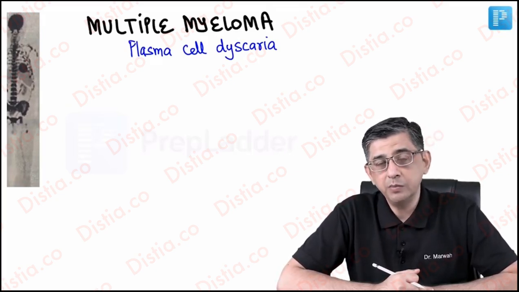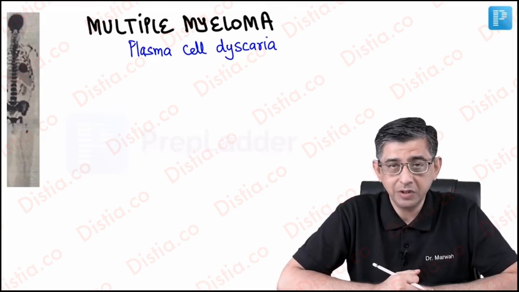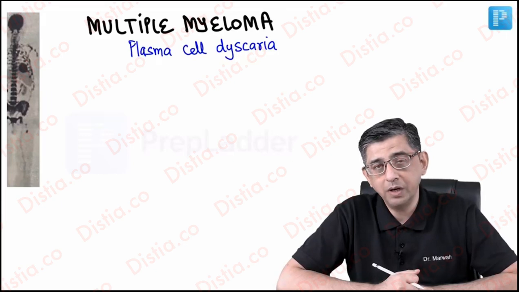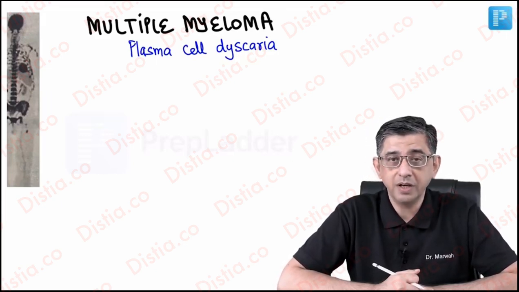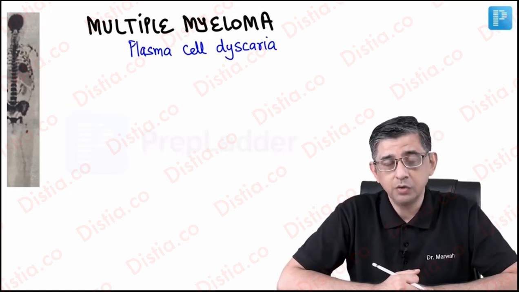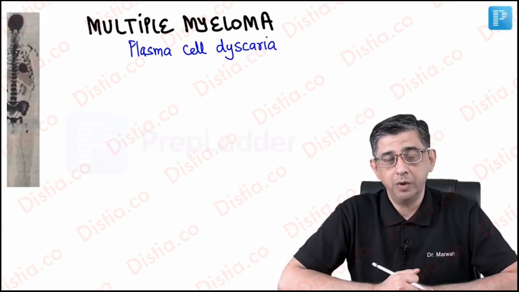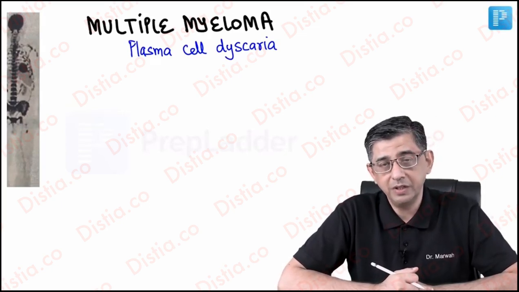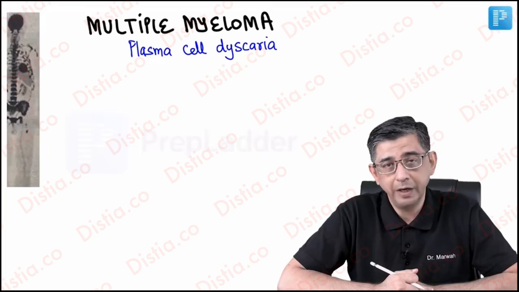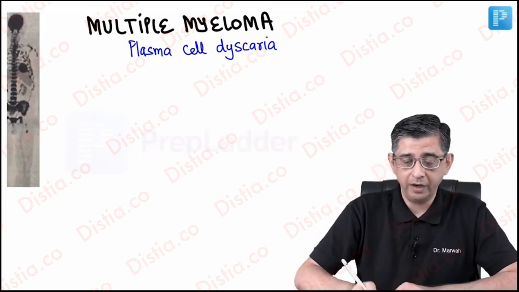I'll be describing terms before you that you have read in pathology as well, that is smoldering myeloma, monoclonal gammopathy of unknown significance, and even the term plasma cell leukemia. So keep tuned for the subsequent inputs that I'll be providing for these terms. But because of this wide expanse of terms that are going to be the presentation of the disease, we use the word multiple. So let's look at some background information.